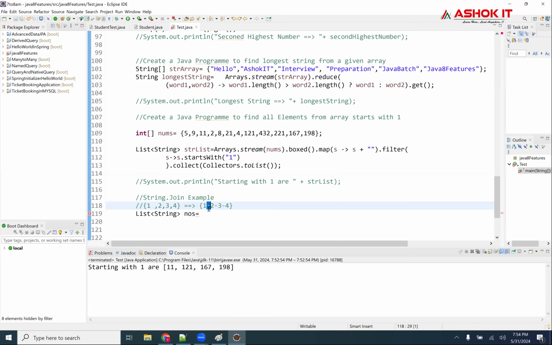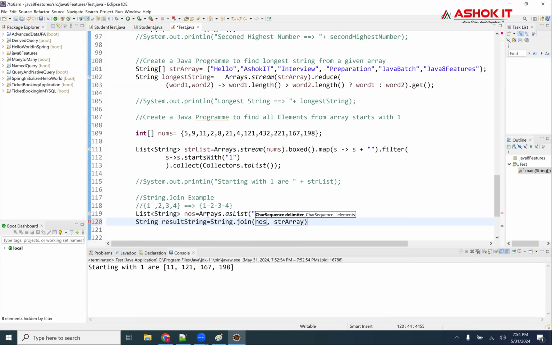Okay. So what I'm going to do here, list of string is equal to Arrays dot asList of 1, 2, 3, 4. After that, I'll take a result string is equal to String dot join.